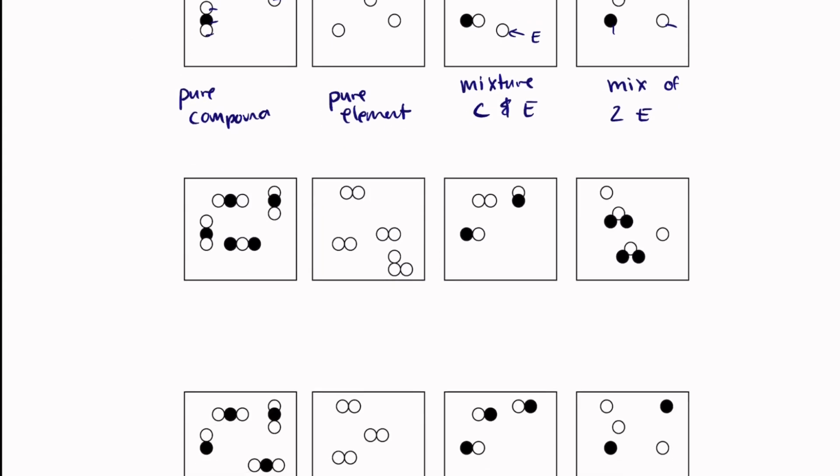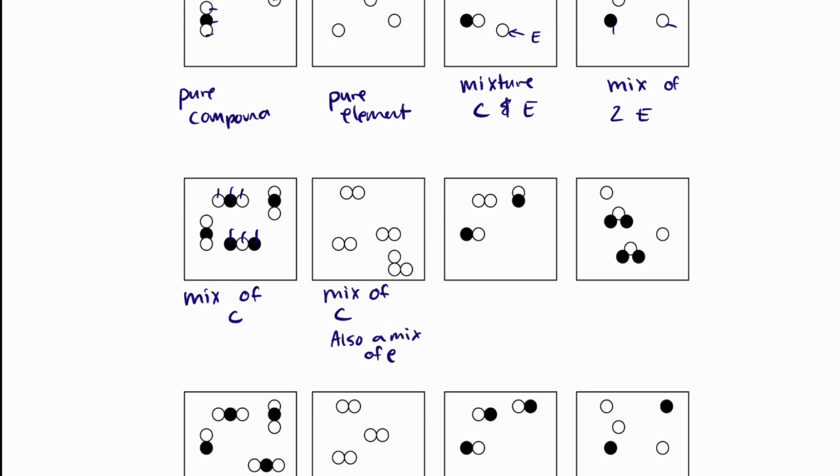This next one is going to be a mixture of compounds. The reason why is they're not the same. We have white, black, white. Here we have black, white, black. This is going to be a mixture of compounds. You could make an argument that it's also a mix of elements